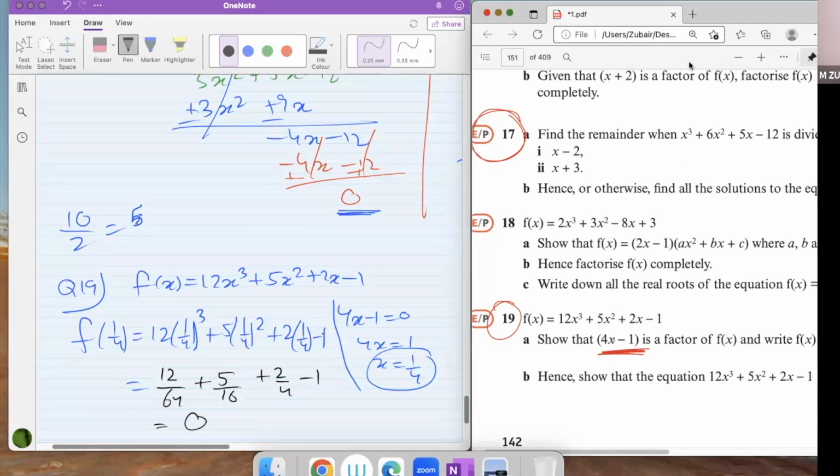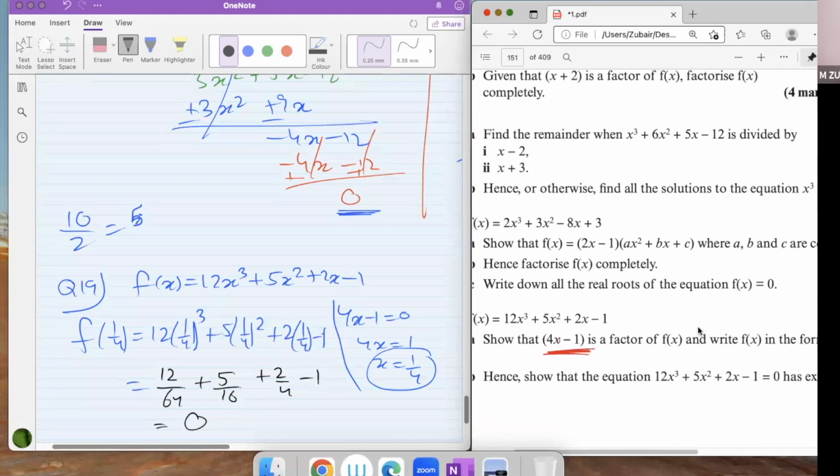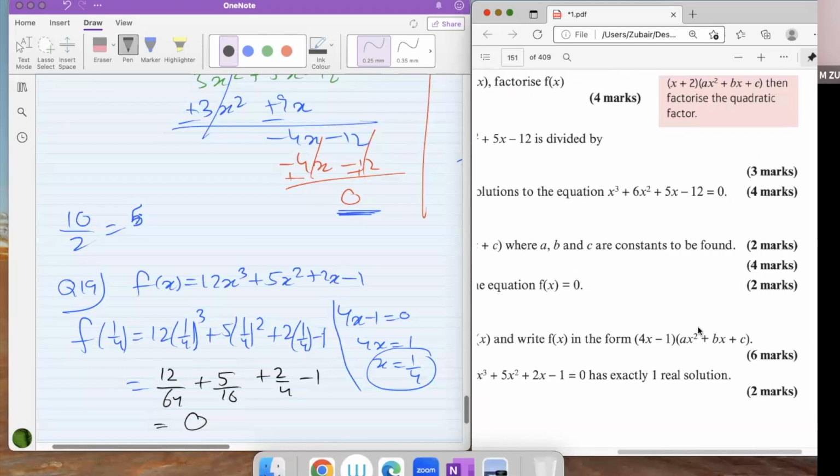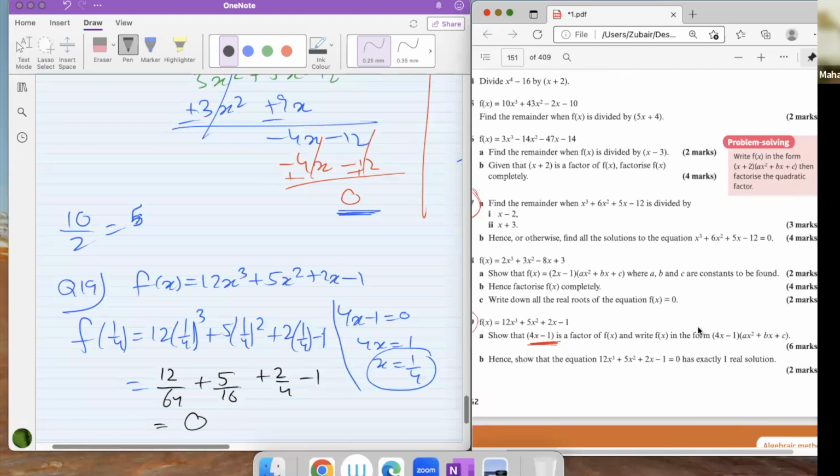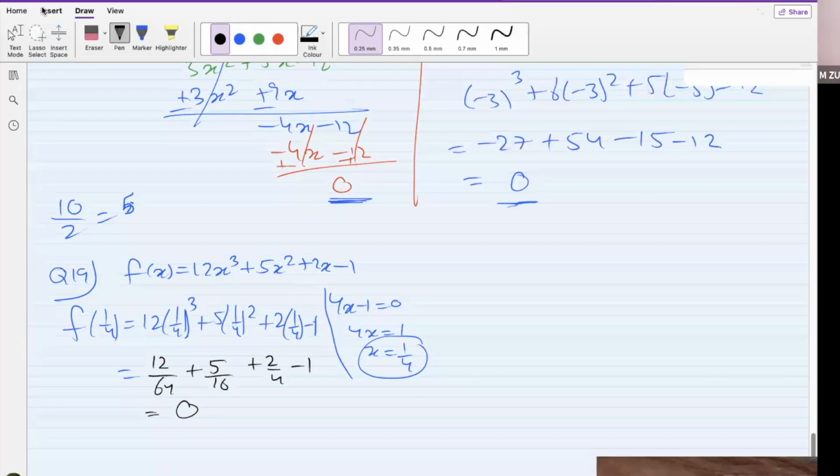Any doubts? Since it's zero, I don't understand how does zero prove that it's a factor again? Okay. Tell me